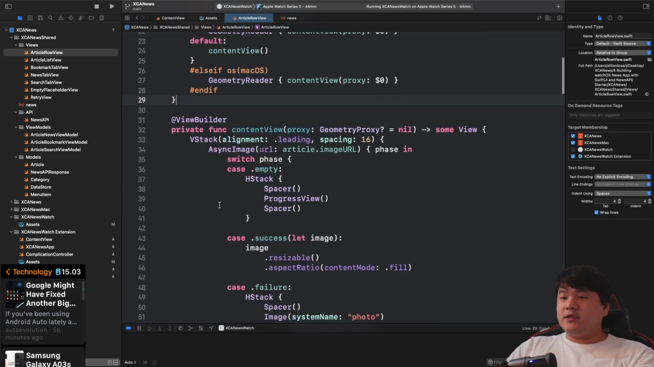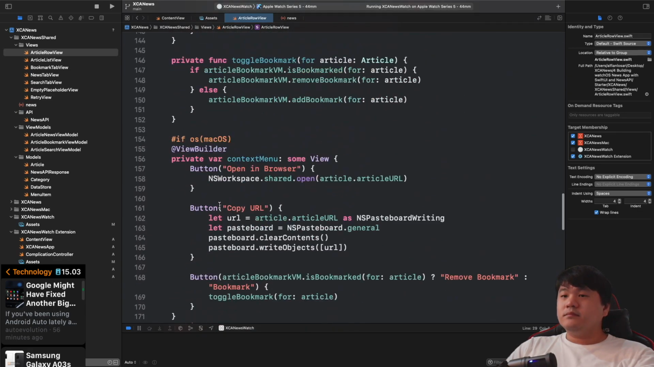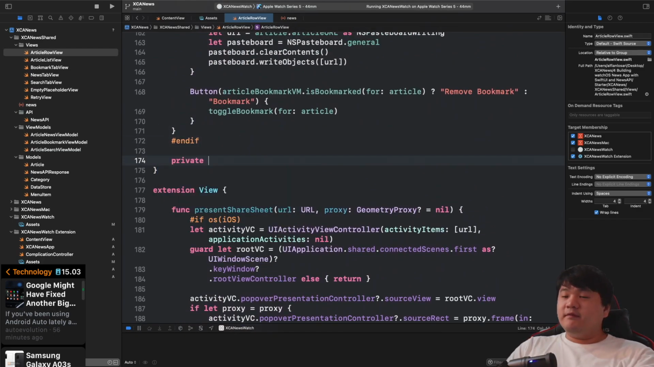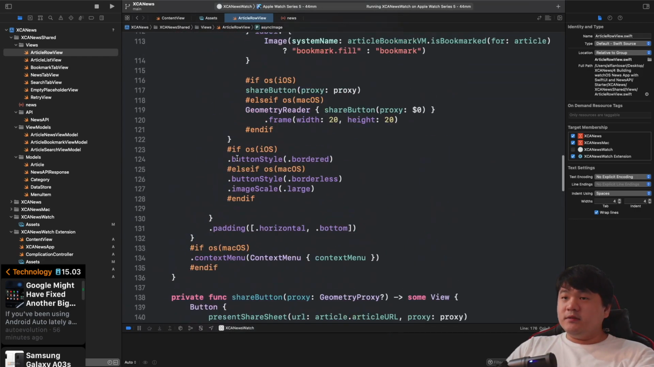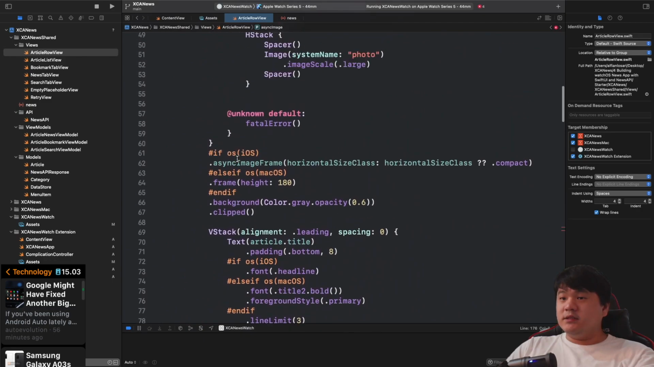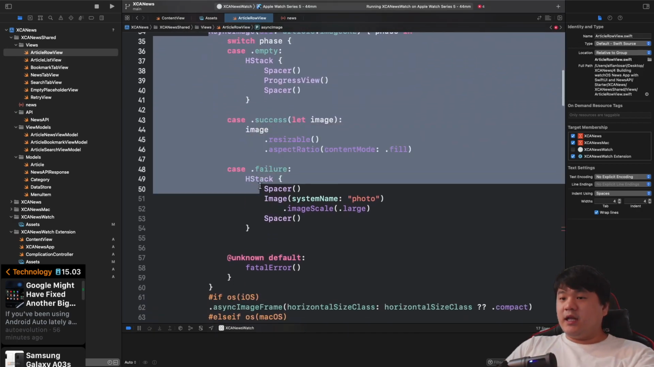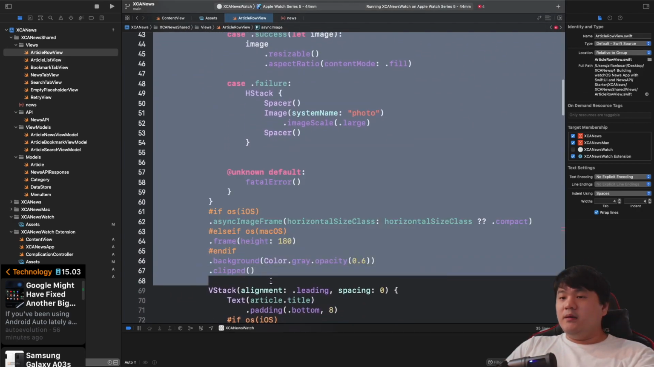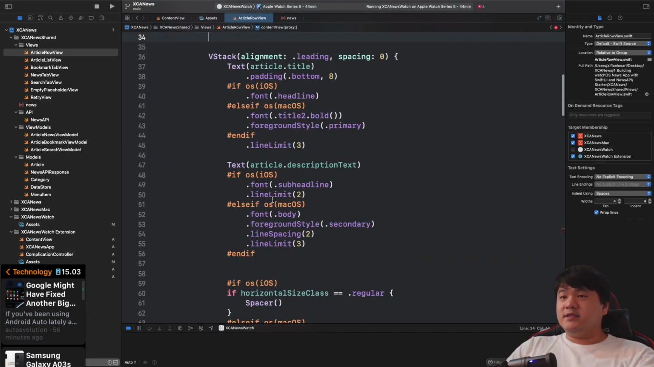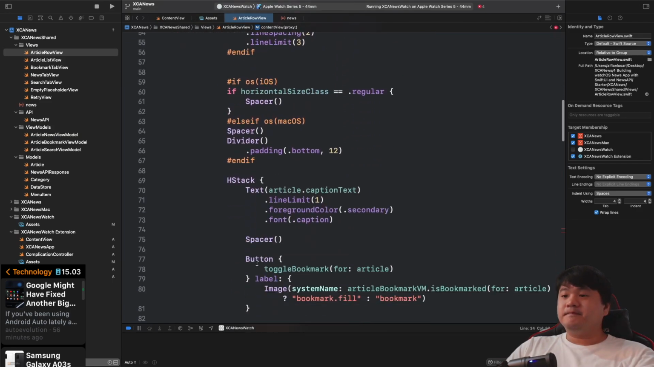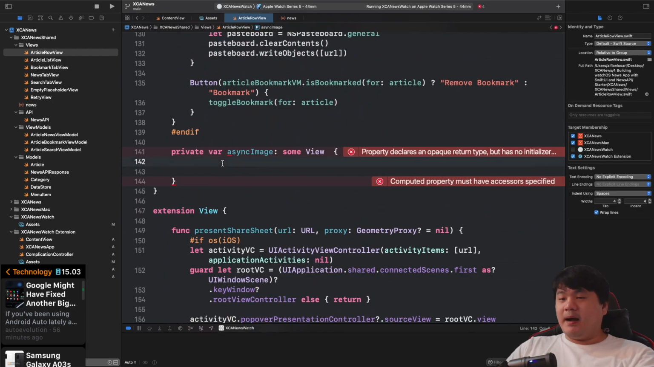So let's scroll down here and let's declare a private var asyncImage with a type of opaque view. And for the implementation, we can just copy this current implementation inside the content view, this AsyncImage. So select this with all the modifiers and then cut this. Okay, and then let's declare this asyncImage computed property and then let's paste this,